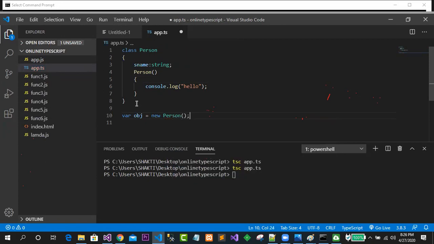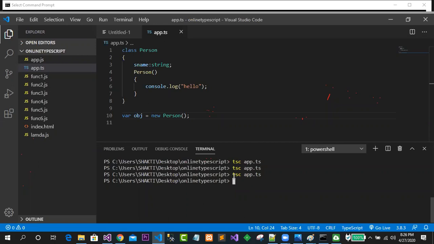As we have the concept, when an object is instantiated, its constructor gets executed. So this is the constructor that you think of. Whether your TypeScript is thinking these things or not, let me compile the program. Let's say tsc app.ts.